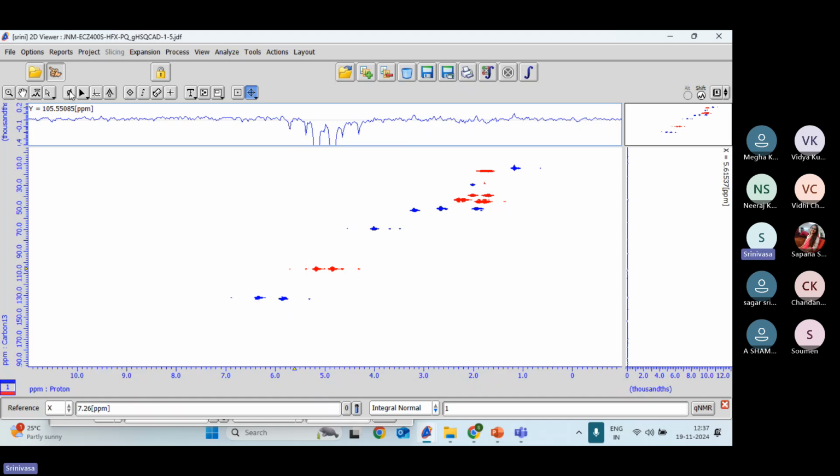Now for the phasing, go to the cursor tool, phase correction options. Don't change the line. The line will be in the same place. Now hold the scroll button on the mouse. Press the scroll button. The cursor will change to pi 1. It's called the first order correction. Adjust the